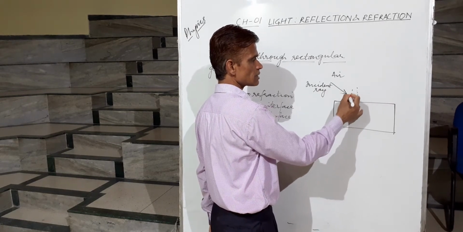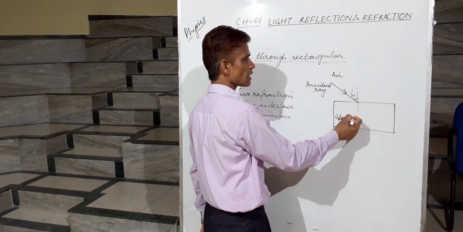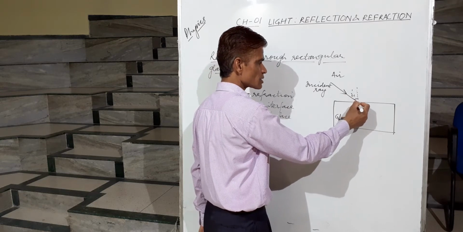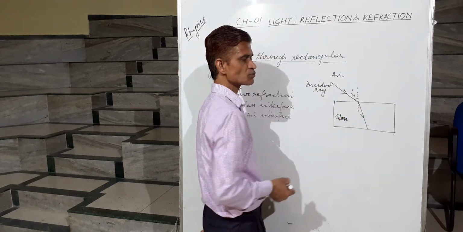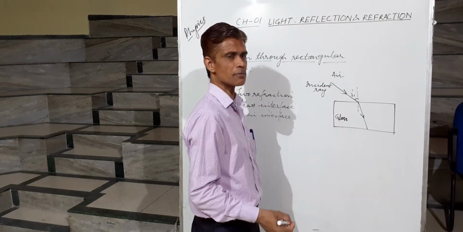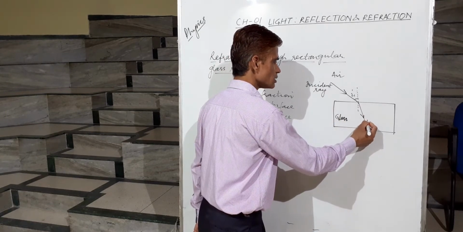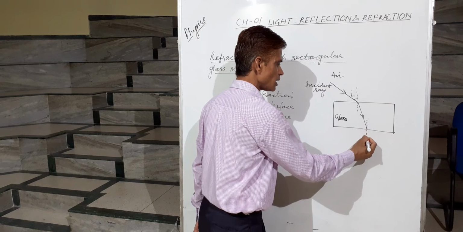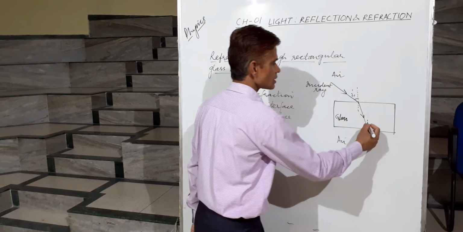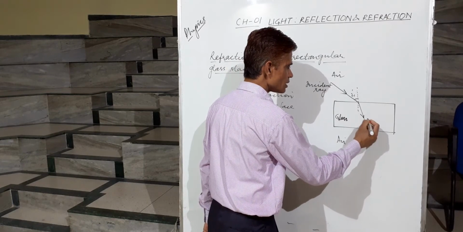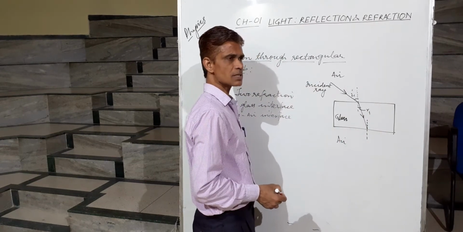So let us take I1 as the angle of incidence for the first refraction. What would happen to this ray? This ray will bend towards the normal, as you know that when the ray turns from rare to denser medium. Here air is the rare and glass is the denser medium, so it will bend towards the normal. Now we draw the normal at this interface, the glass-air interface. So what do you find? This is the angle of refraction for the first refraction.